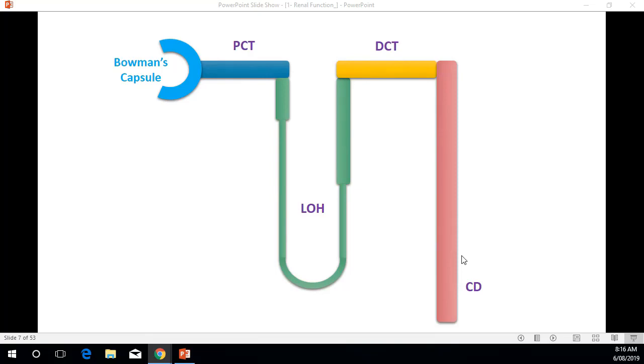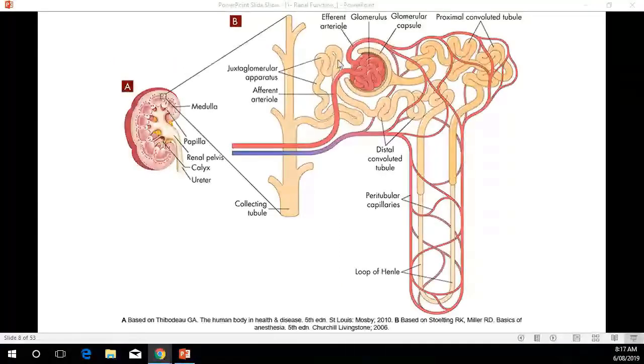So these are the major parts of the tubule. Why is it important to know these parts? Different processes occur in different parts. Now this is to show you how it looks in real life. This one is still simplified. Real life is even more complicated. Okay. The previous diagram was there just to show you in a very simple way the parts of the nephron.